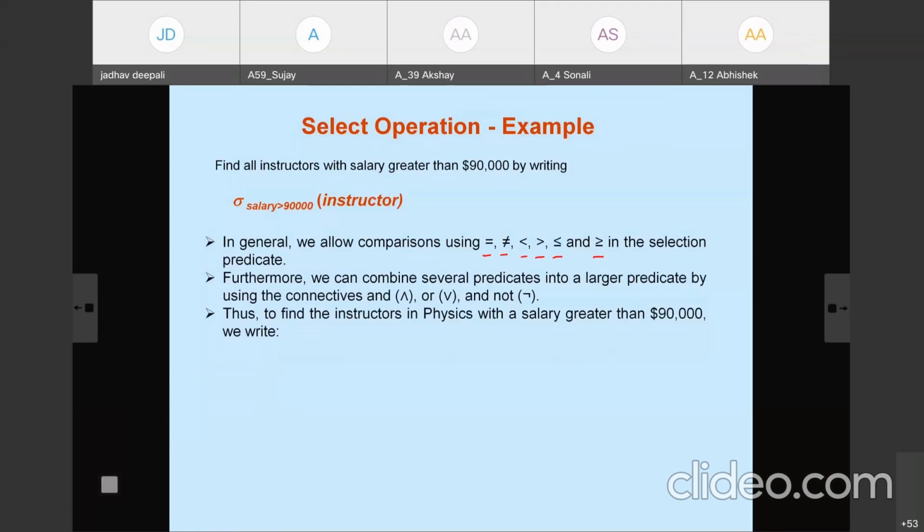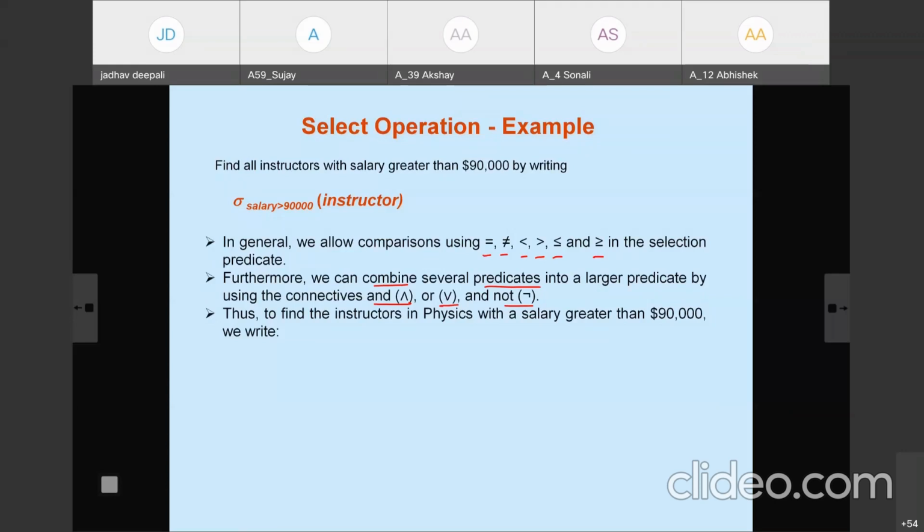Furthermore, we can combine several predicates with the logical connectives and, or, and not. For example, to find the instructors in physics with salary greater than 90,000. Again, first we need to identify the relation on which it operates, which is the instructor relation.